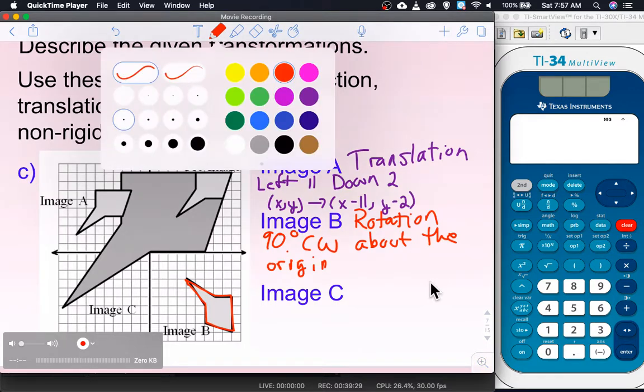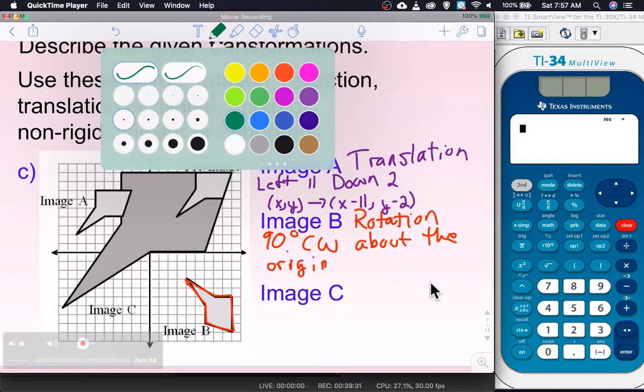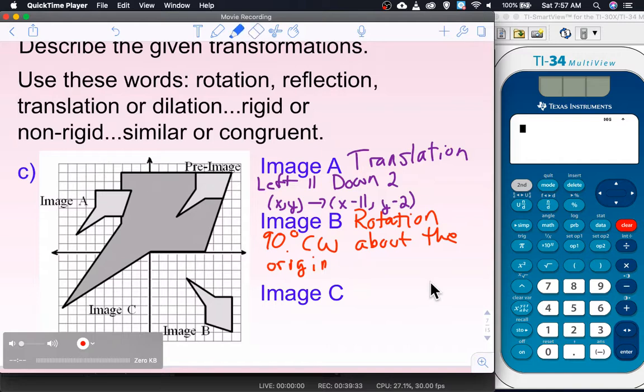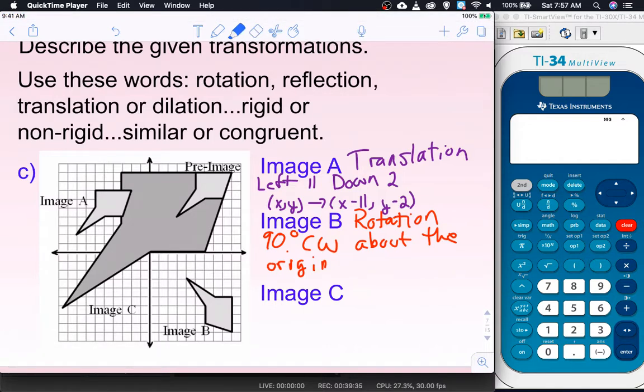All right. And let's use green for letter C. Letter C. Let's see, from pre-image to image C. Image C is this big dude here. That's image C. So what's going on? Well, that's a dilation, because it's not the same size it was before. Dilation of what? With scale factor